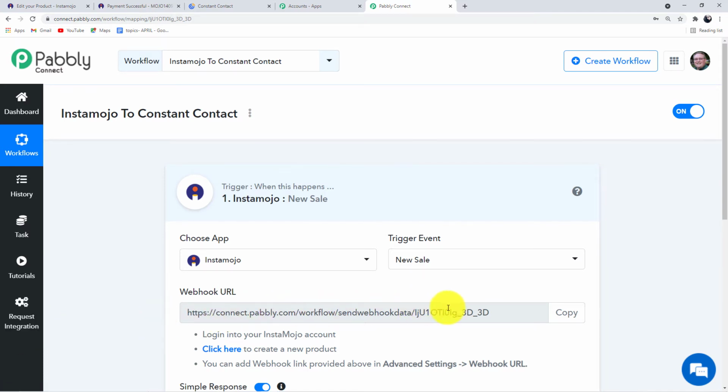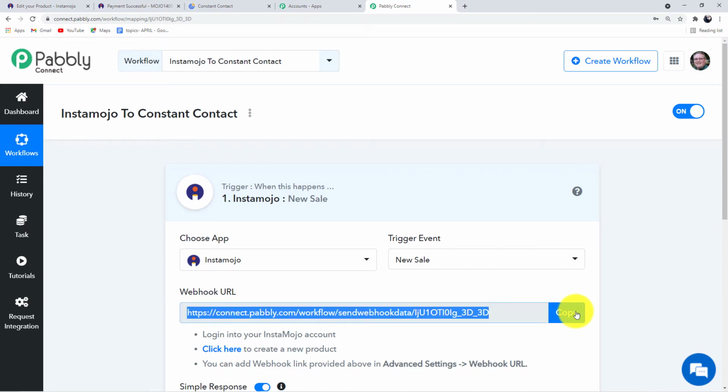Moving forward, you can see the webhook URL has been generated. Now what is this webhook? Webhook is an essential way to get the data from an external software at Pabbly's end. This webhook helps you to build a connection between the triggering software and Pabbly Connect. In this case, we are going to simply copy this webhook URL and move back